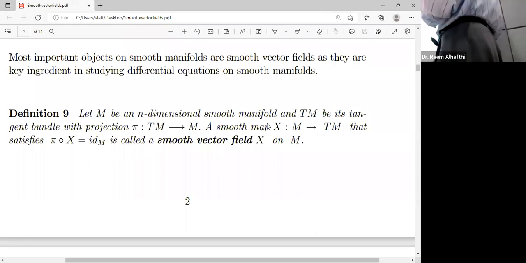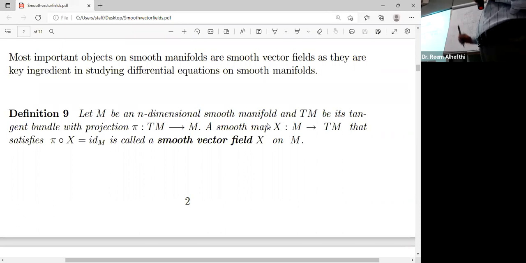Now, what you do, we take a smooth function on the manifold and define